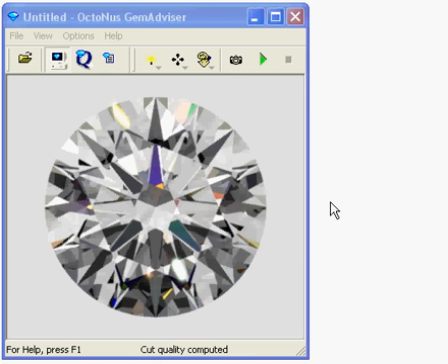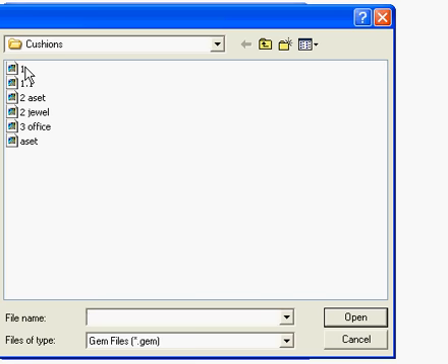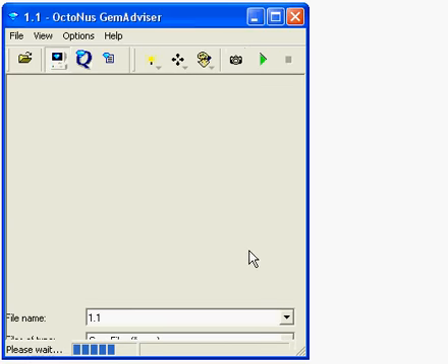GemAdvisor is a free viewer that takes files made by diamond cutting companies using DiamCalc, which is software made by OctoNus. Now, the GemAdvisor files are very useful for viewing either models for educational purposes or viewing actual scans of real diamonds. So here I'm opening a cushion-shaped diamond, a real actual diamond, with a scan that's been